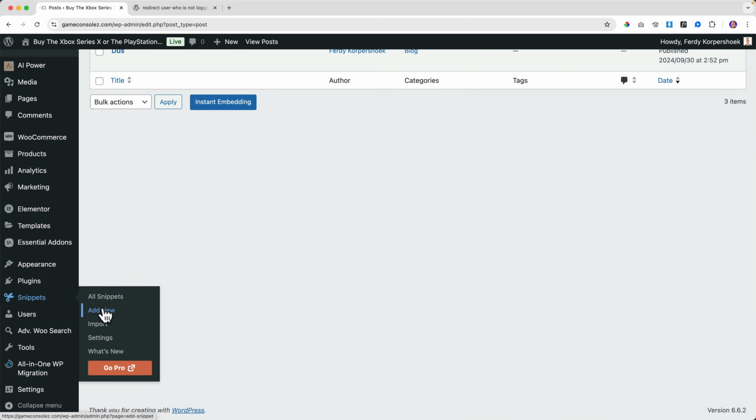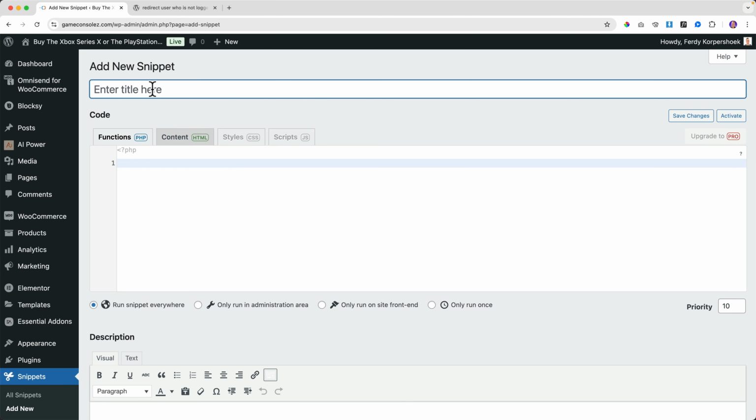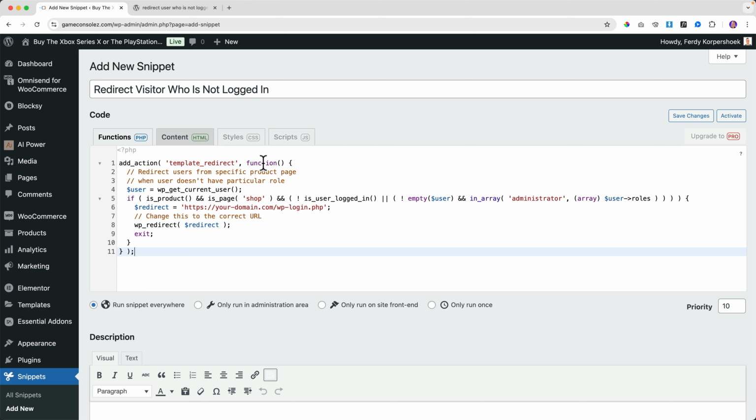I go to snippets, add new, redirect visitor who is not logged in. Paste. Let me see. The redirection should be, let's go to ferdy.com. That's it. Or to the login page. So when they go to your website, they have to log in. I will redirect them to another website to see if it's working. ferdy.com.